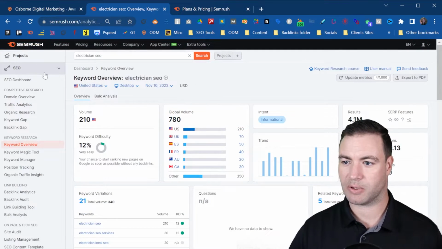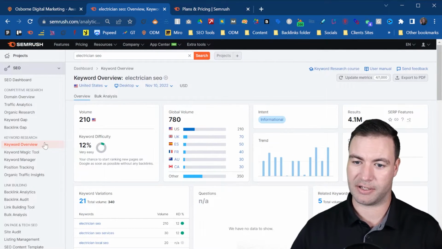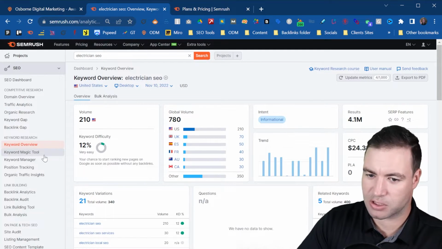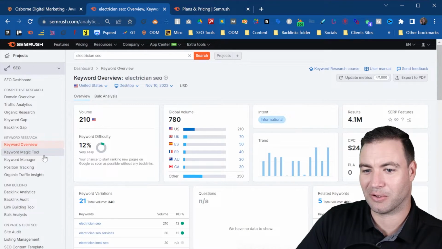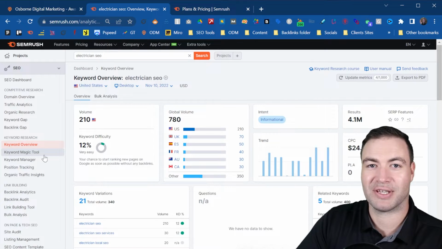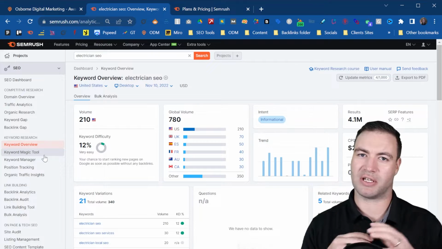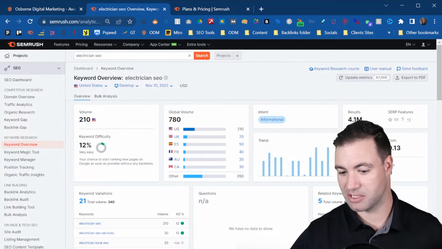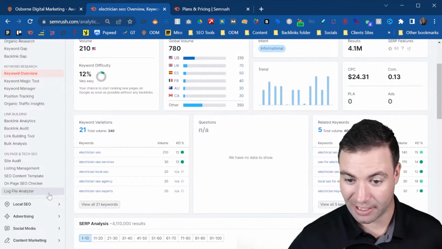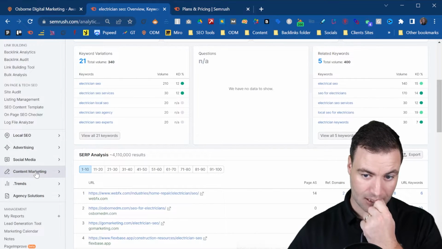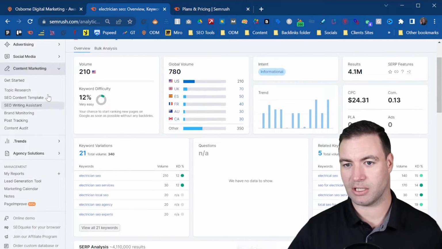So from here, another thing you can look at is you can manage all of the keywords. Unfortunately, I can't show you that because it's got all of our client stuff in there, but you can have basically a bucket, which is pretty cool. You can add all of the information in, which is awesome. Another thing you have access to is the stuff down here. So let me show you the content